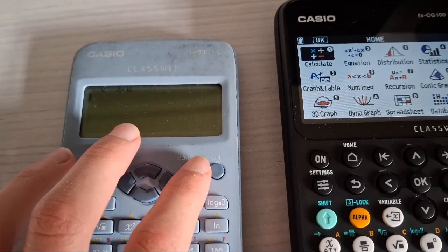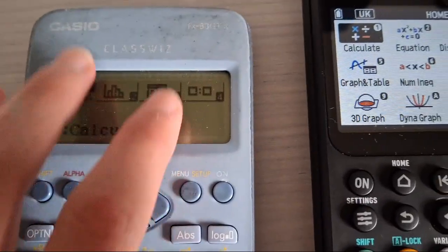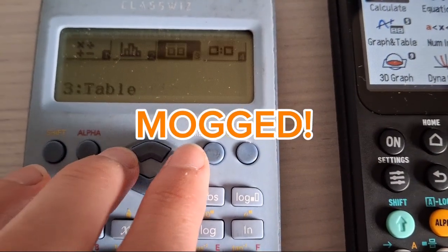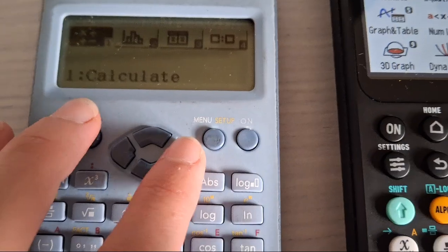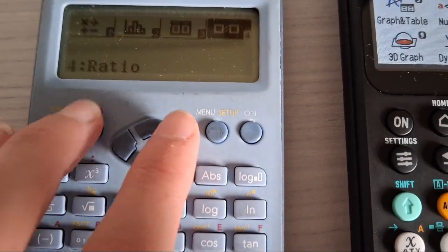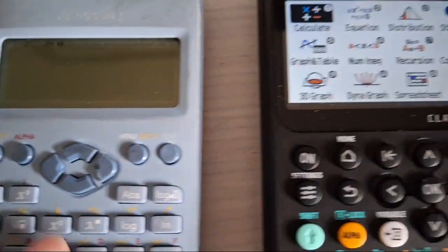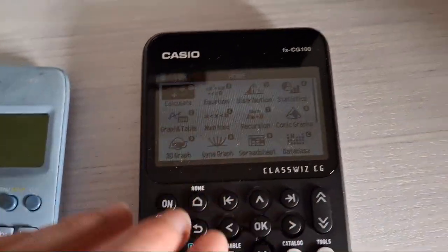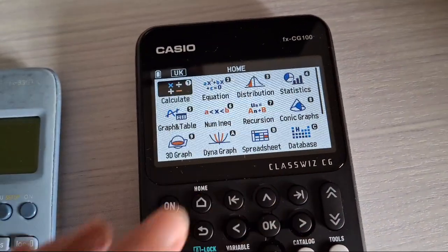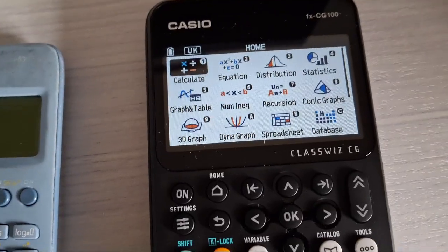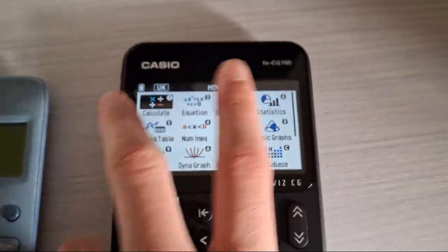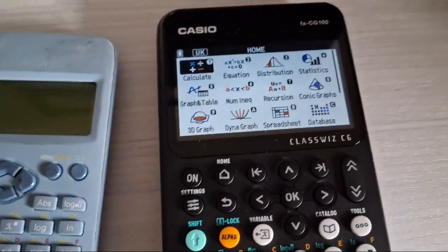But if we just compare, this is all we can do on the old one, whereas on here, this is really a calculator you can use in all walks of education. Truly amazing. Highly recommend. As for those wishing to have a bit of fun with their calculator, I believe you can